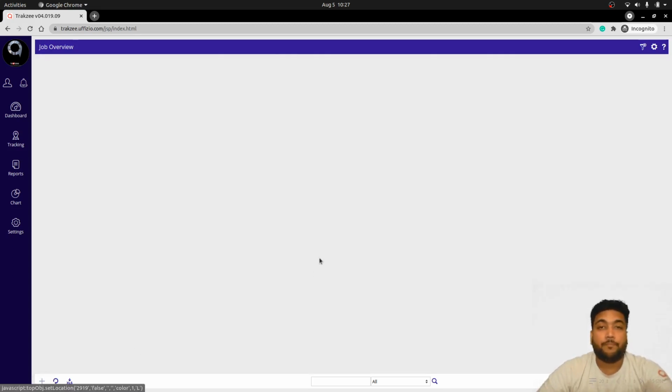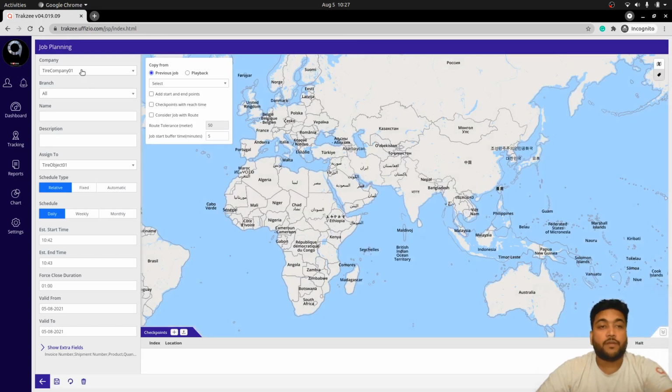So let's create a job. So here on the configuration screen of the job, you need to select the company and the branch in which you want to create a job. So based on the selections of a company and a branch, here you need to mention the name of the job. That is mandatory to use, the identification of that particular job. Accordingly, if you want to add some additional detailed information, then you can enter it into the description parameter. Now, based on the selections of the company and branch, the total number of the objects that will be available in that particular company and branch will appear in the drop down.